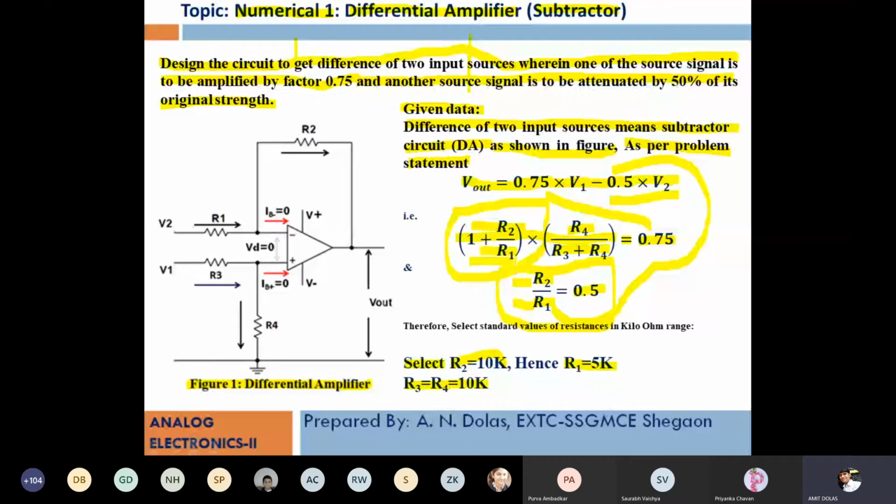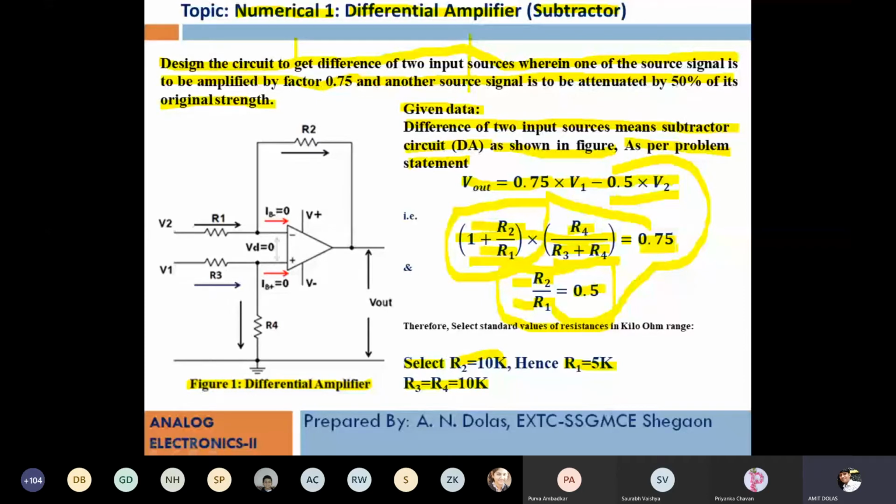I received a personal message from one of the students on my WhatsApp: sir, what will be the range of the resistances that you are choosing in inverting, non-inverting or feedback resistance, and how to choose that? So my opinion is to use standard values. I already said that 5K is a standard value. You will not see a resistance of value 3K. You will not see a resistance value of 9K. So use standard values like 1K, 2.2K, 5K, 10K, then 50K, and likewise 22K is also available. So accordingly, first thing, you have to use standard values.